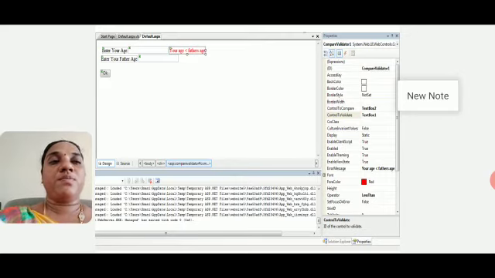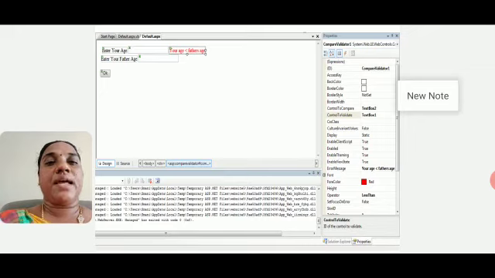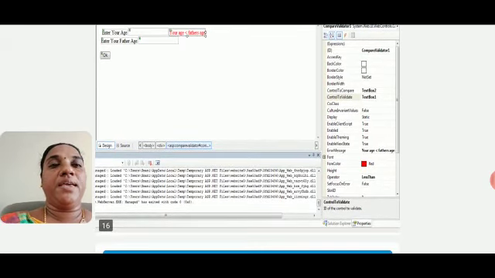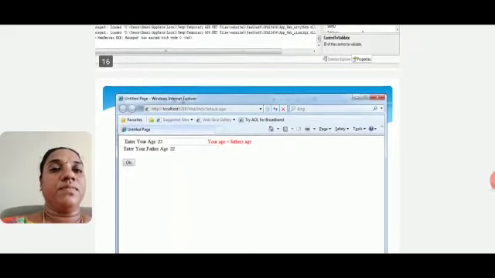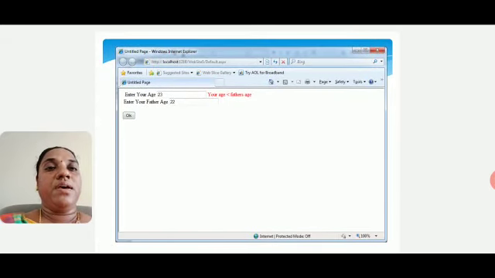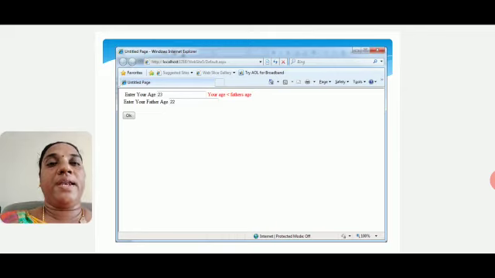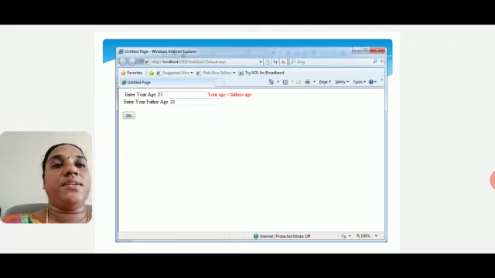So what error message do we want to give? You can give: your age is less than father age. If I give a greater age for a particular person, then it will show the error. Here we are giving age as 23 and father's age as 22. The condition is violated because we have given that the father's age should be greater than the person's age, so here we have given less than. So it will show the error message: your age should be less than father age.